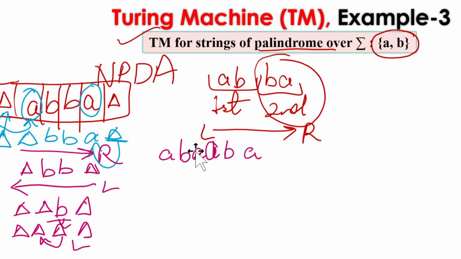And if we have all blanks on the input tape, that means we have cancelled out an equal number of symbols from left with right. So A is cancelled here, blank replaced with blank, B is cancelled here, A is cancelled here, A is cancelled here. So this means all the symbols are replaced with blank. That means we have cancelled out the same symbol from left and right. So the string is a palindrome, and we can simply show the acceptance. So let's see how we can implement this approach with the Turing machine.